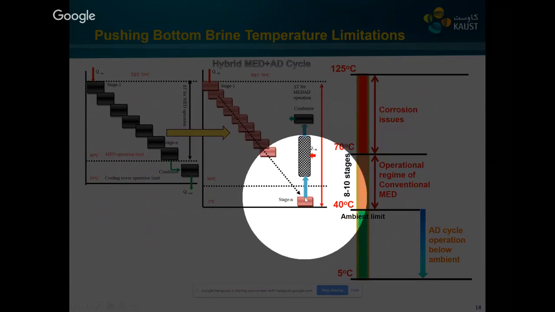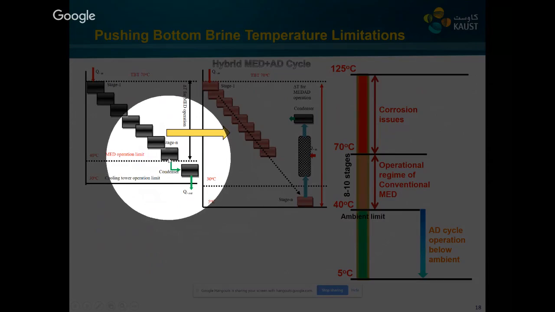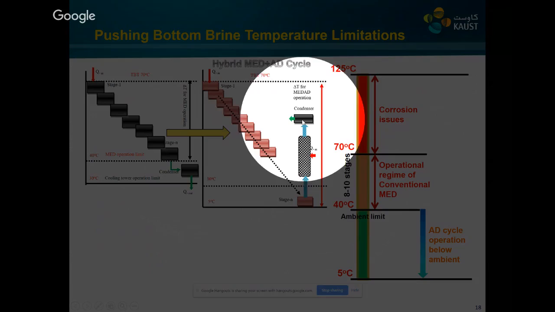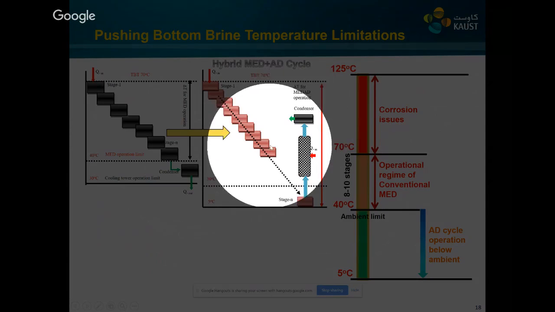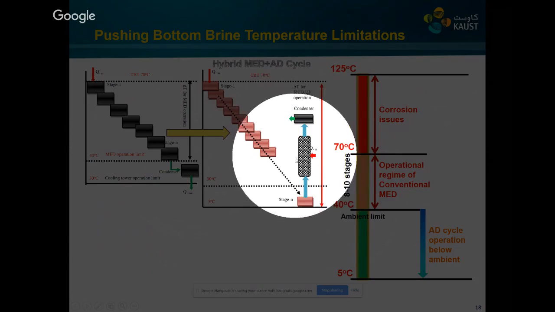So over here, what we are doing, we are actually disintegrating the condenser from the last stage of the MED. From the last stage of the MED, the vapors are going to our adsorption cycle, the adsorption bed, where it can pull the water vapor from the last effect, and then it can dissolve into the condenser. So we can see over here, there's no direct link between the condenser and the last stage of MED. In between is the adsorption cycle that helps to overcome the ambient condition at the low brine temperature